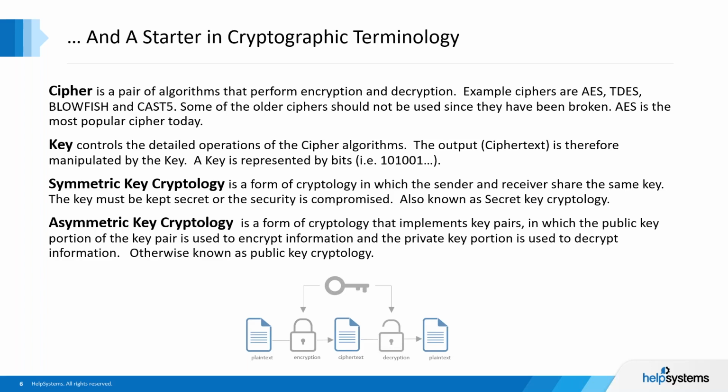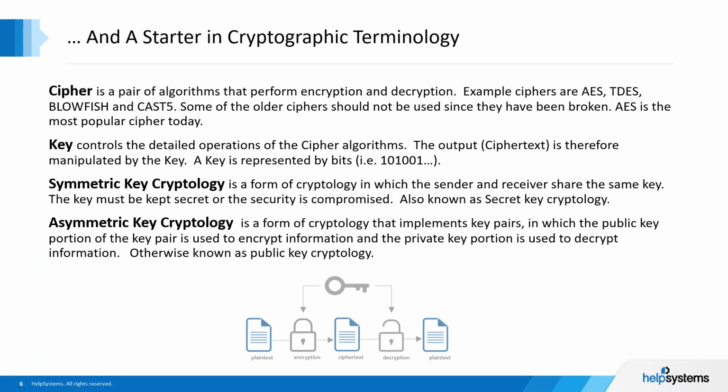The key is what controls the operations of the cipher algorithm. The output, or the ciphertext, is manipulated by that key, and it's something that's represented by bits and bytes. So the idea with the key is that it makes it secret. There are two types of key cryptography. Symmetric, which is where the sender and the recipient share the same key. Of course, the challenge then becomes, how is the key exchanged without the key being compromised? This is also oftentimes known as secret key